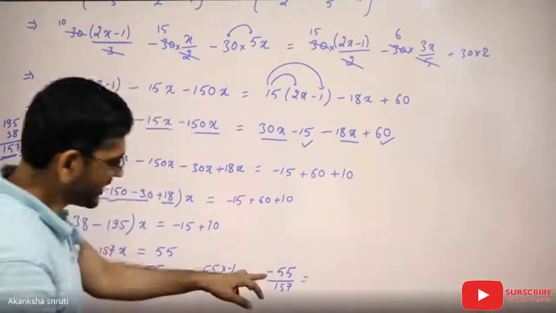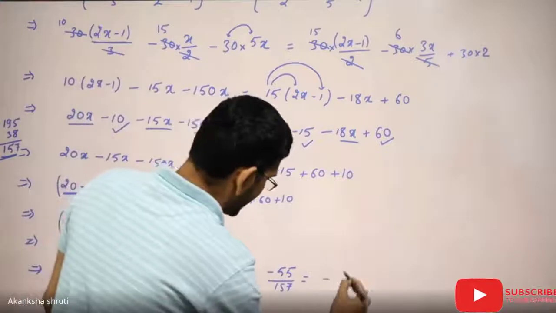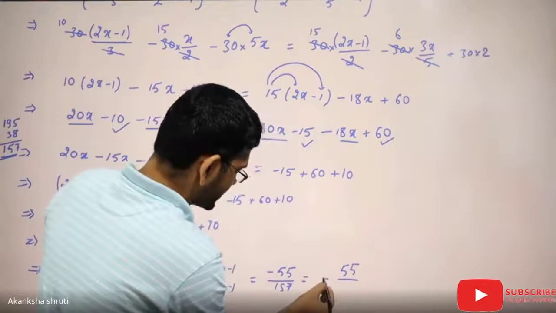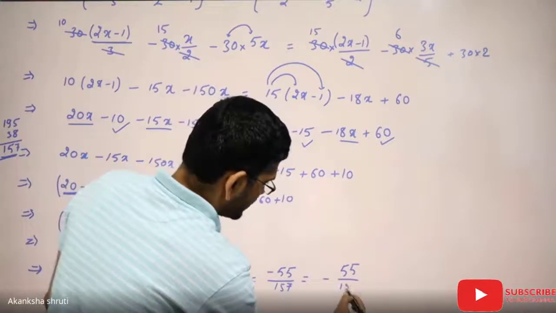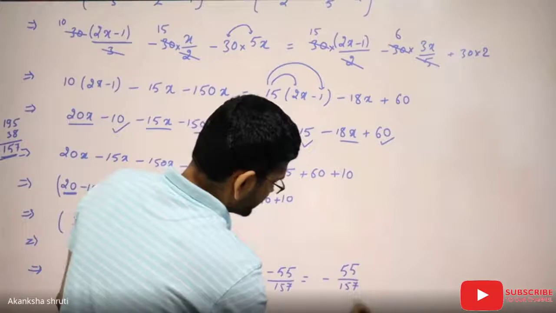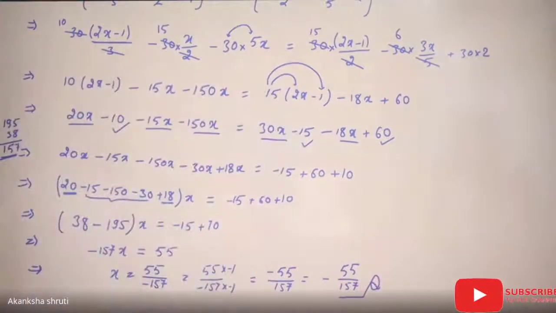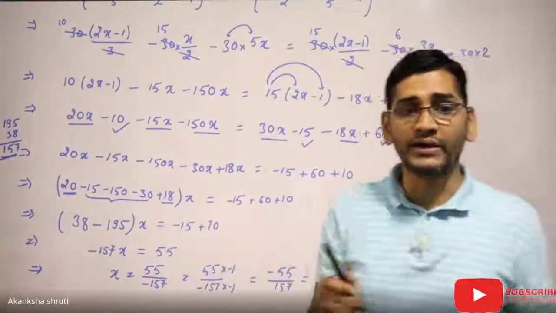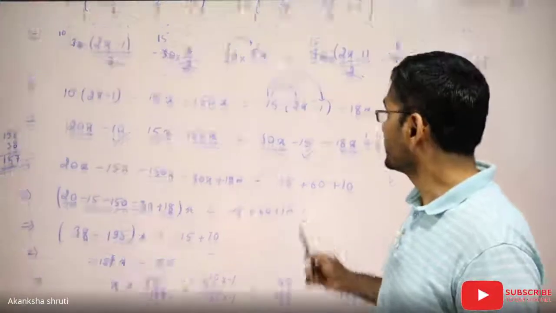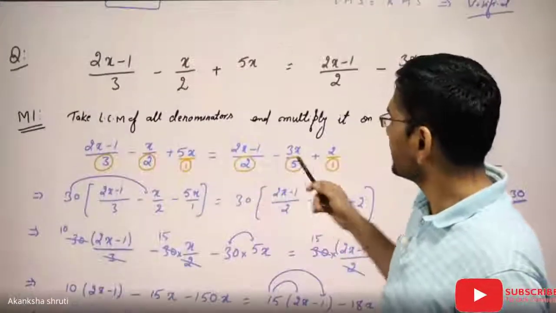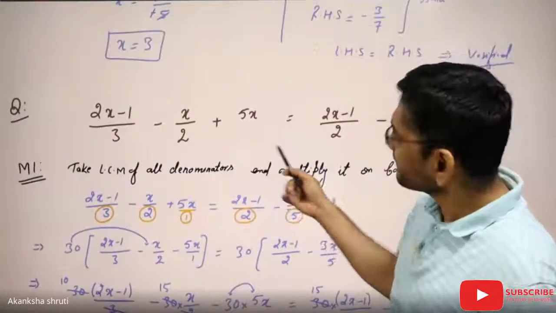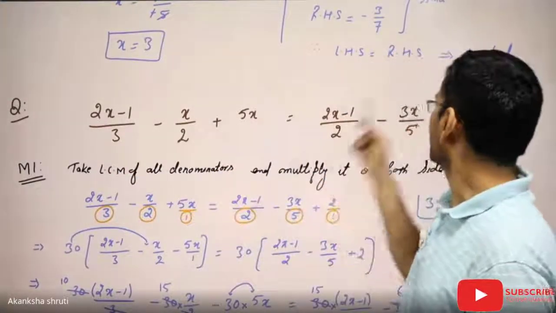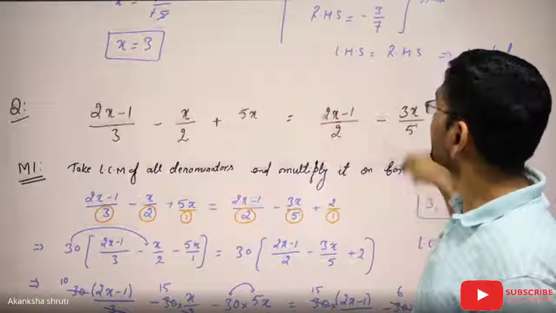Or, students, you may write this minus sign along with this line. That also means the same thing. This along with the line indicates this negative sign is in the numerator. So these are the two different ways of writing. You are getting this is the answer. So I hope you might have enjoyed. So this way we have learned all kinds of linear equations, whether it is at 1 place, 2 places, or 3 places, or any number of places. Even we can also verify just by substituting in this LHS the value of x, then in RHS we will get the same result.